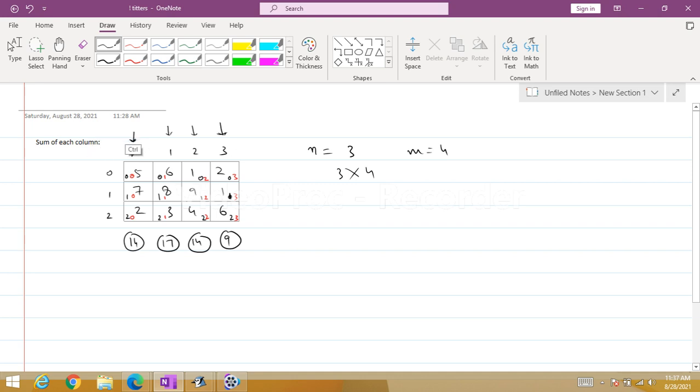That means when you are at column number 0, the value of sum should be 0. When you are at column number 1, the sum should be 0. At column number 2, the sum should be 0. And at column number 3, the sum should be 0. Then you will move through the rows and add each one of them. You will print the answer and then you will move to the second column.